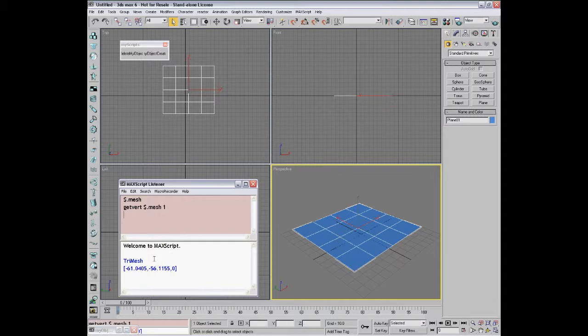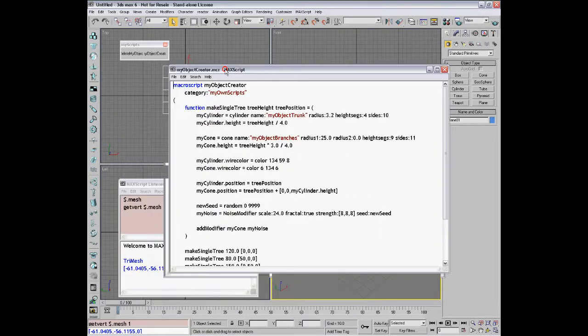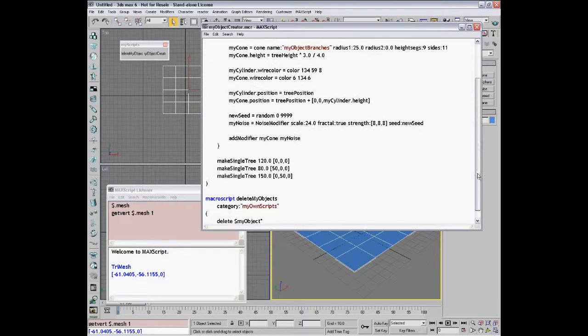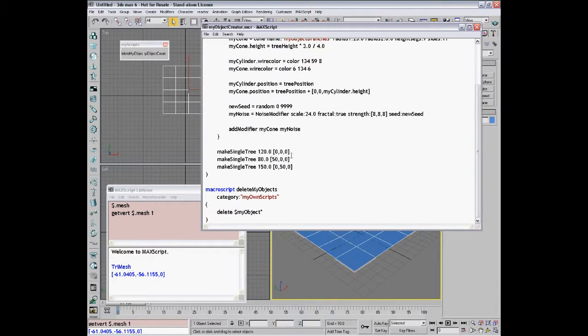And there you go, there's a 0.3 value that probably points to the first vertice of this mesh. But we'll prove that putting it into actual use with our tree creation script that we already have. So let's open up the script that we had here and let's modify it a little bit. So instead of creating a tree in these preset positions, we'll create